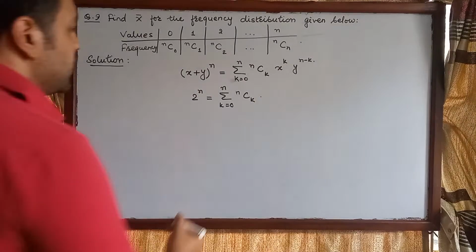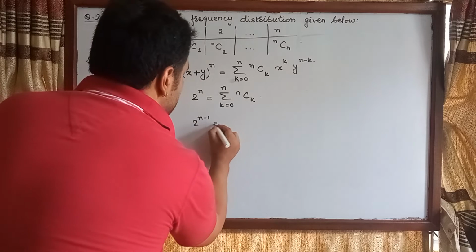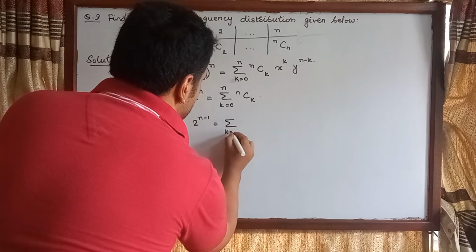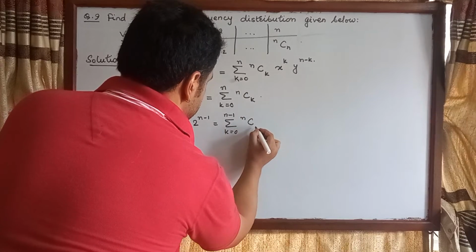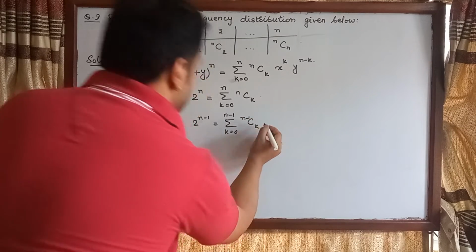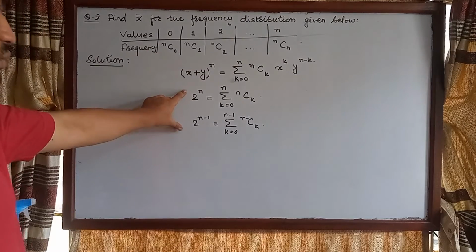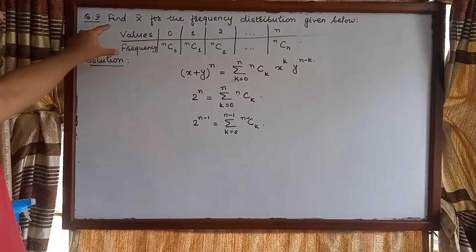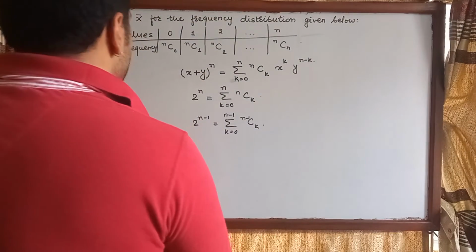Okay, and similarly we can show that 2 raised to the power n minus 1 is equal to the sum of (n minus 1)Ck. All right, that's it. We're going to use these two relations to solve this problem. All right, okay, now first of all,